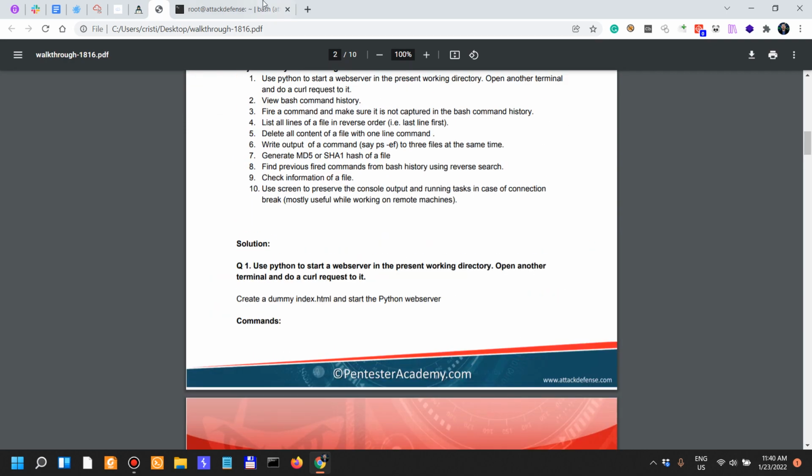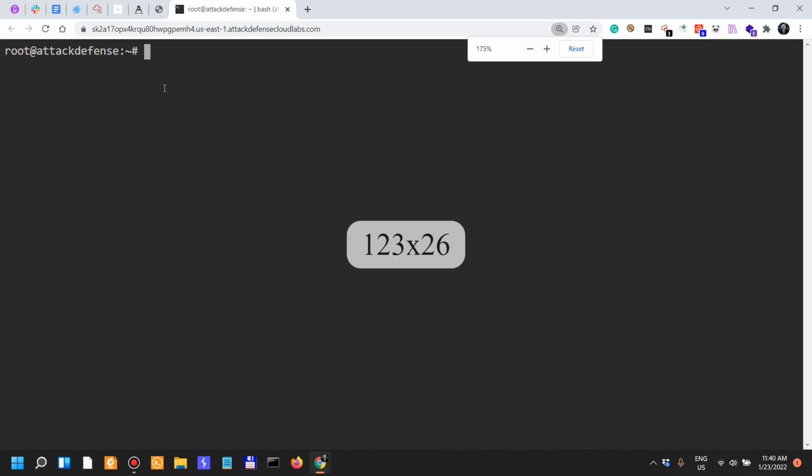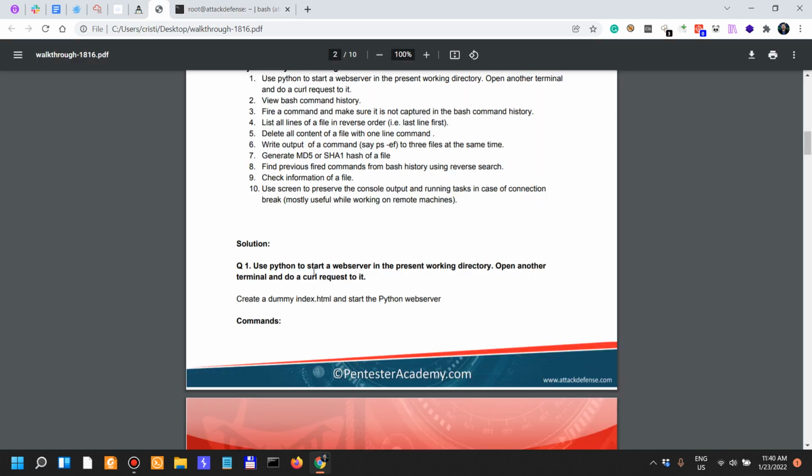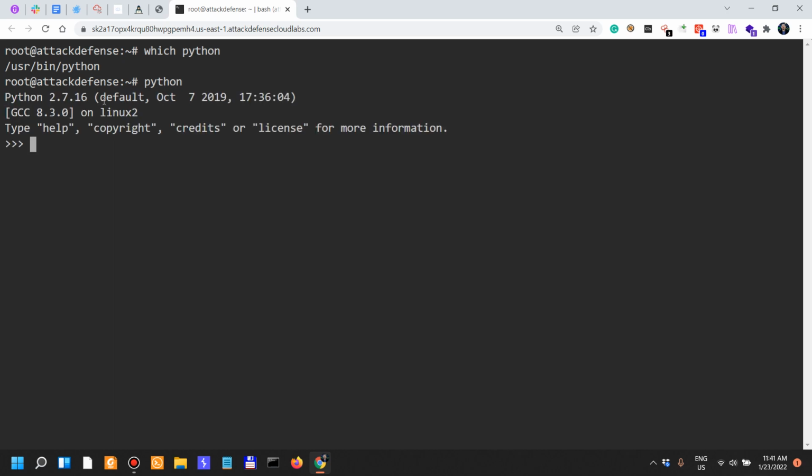So, use Python to start a web server in the present working directory. Let me make this one bigger for you so that you can see it better. The first thing we have to do is start a Python web server. Now, depending on the version, we can say which python, /usr/bin/python. If we fire up Python, we can see it's Python 2.7.6. We can exit from Python, and then to start, there are multiple ways. In Python 3, you can do python, for example, if you've set the environment so that python 3.9